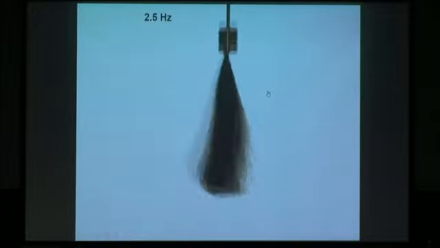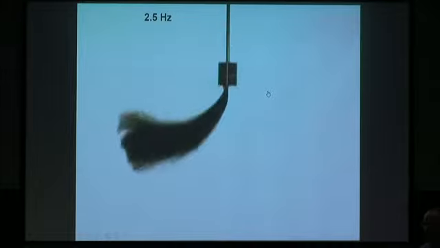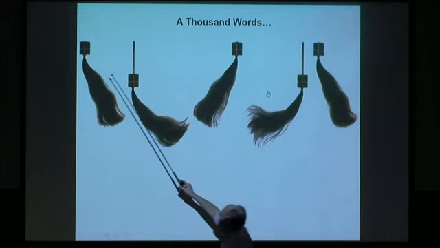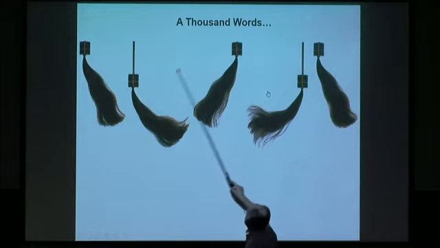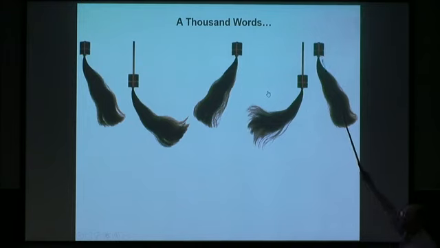And I kept trying to think, besides the movie, how could I show in an artistic way that it's subharmonic? And then I sort of stumbled upon this picture that I constructed. So this is at the beginning of the cycle. This is halfway through one cycle, completely through one cycle, halfway through the second cycle, completely through the second cycle. And it, I don't know, it looks like modern dance to me, I think. But it really summarizes in just a simple picture a lot of mathematics and a lot of physics in a way that it's hard to describe in words. So I think I'll stop there. Thanks.